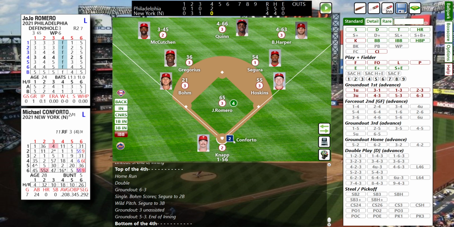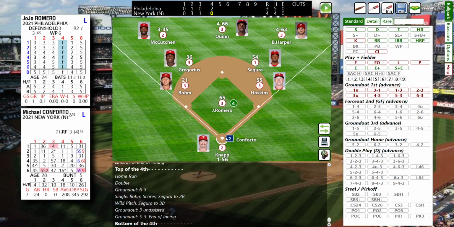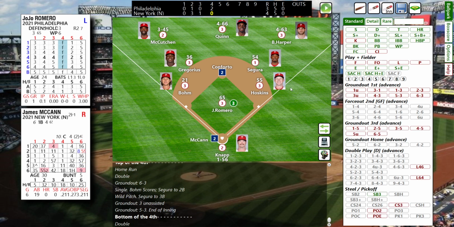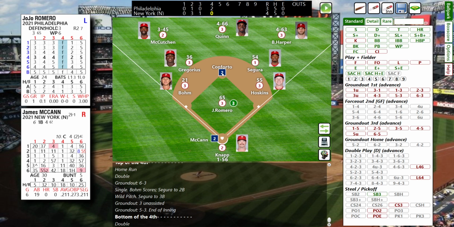And let's see. Trying to see how I could bring up Conforto here. Left click, pinch hitter now. Usually when you click on their names, you get the information. Let me see. All right, so that's a double for Conforto. He stands at second base. And then, of course, it would be like I'm pinch running, but no. So when you click on him,